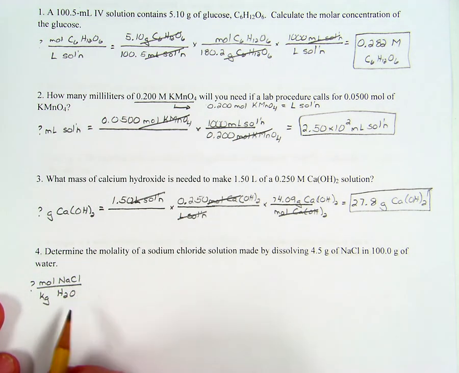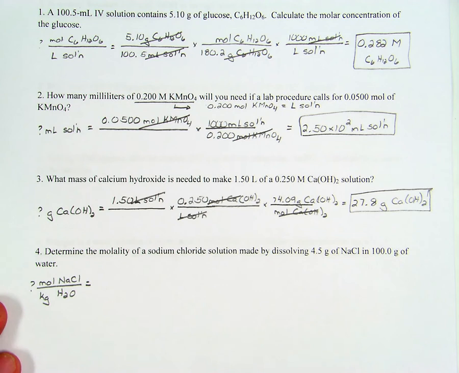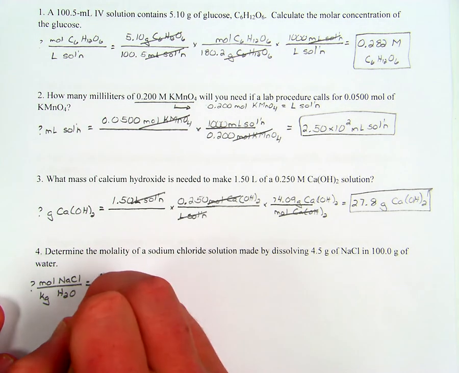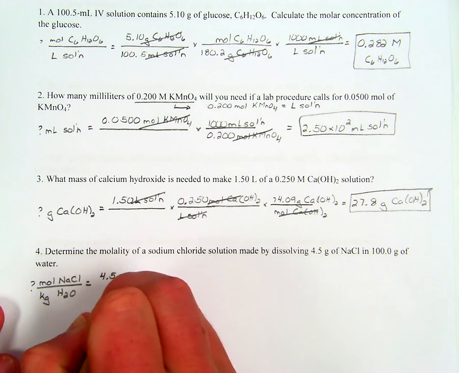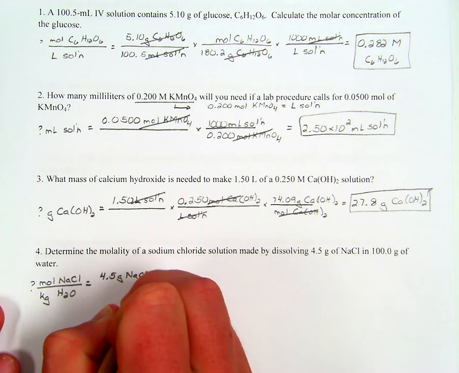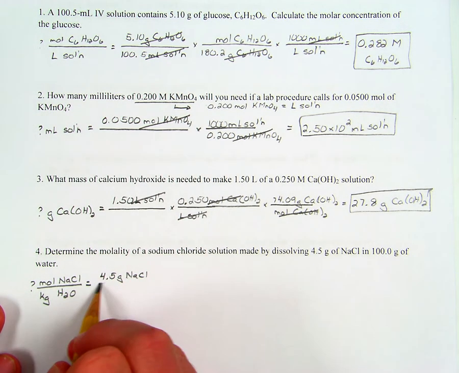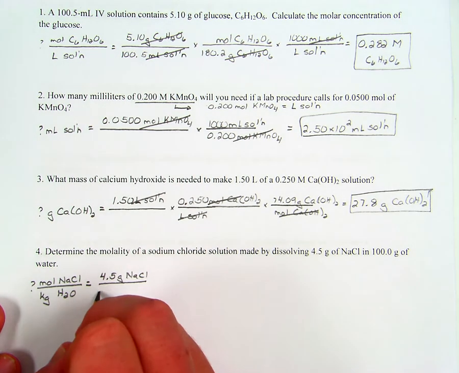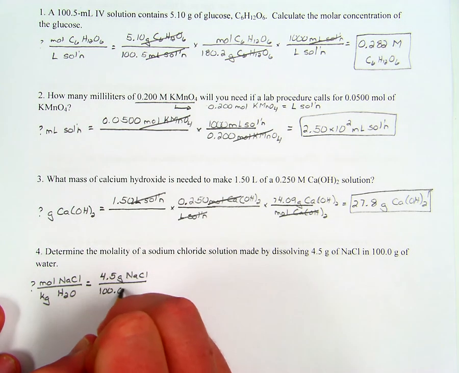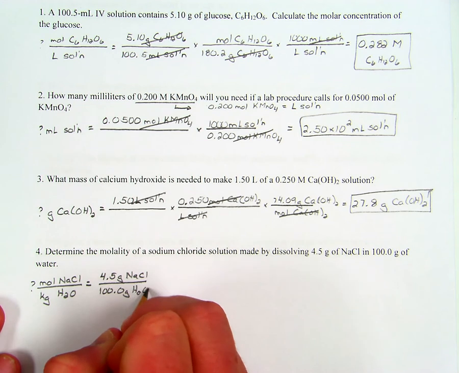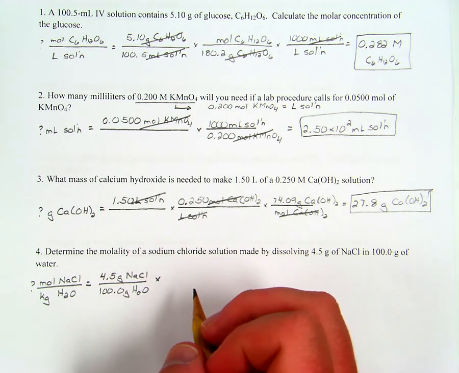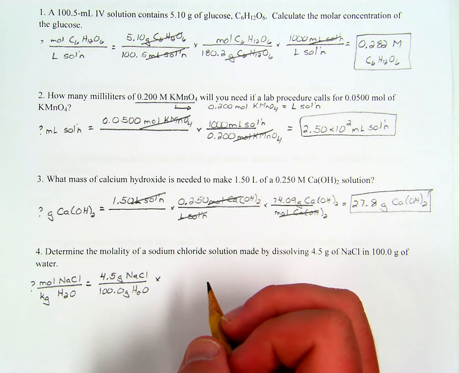Looking at the data given to us, we can see that we have 4.5 grams of sodium chloride. So I'm going to put that on top just because I know I can convert that into moles, grams into moles. And then we're given the fact that we have 100 grams of water, so I will put that in the denominator because I know I could just convert that from grams into kilograms. So I can see we really have two conversions here. We have a gram to mole conversion for the molality, so we just need the molar mass of the sodium chloride, which happens to be